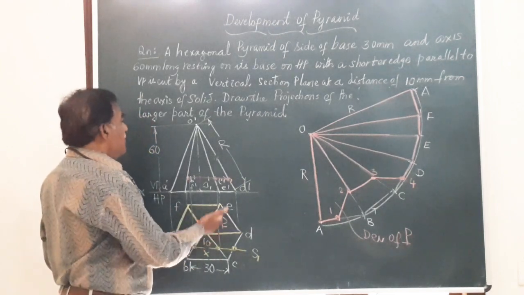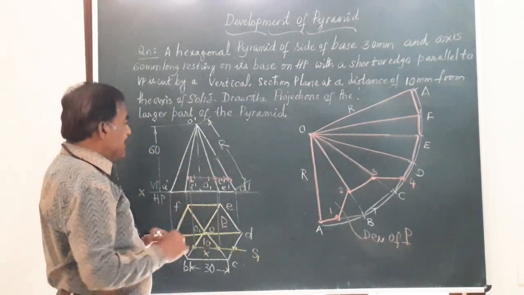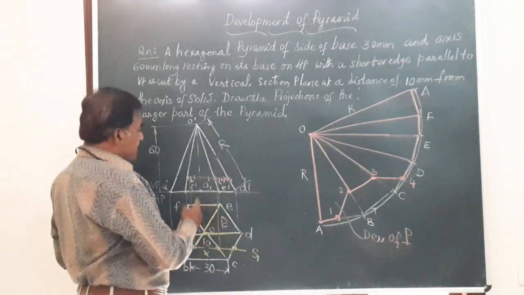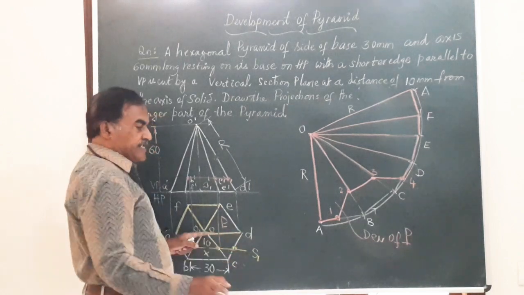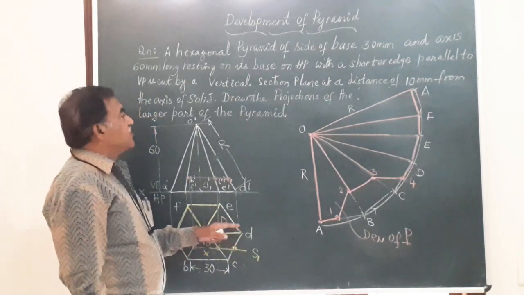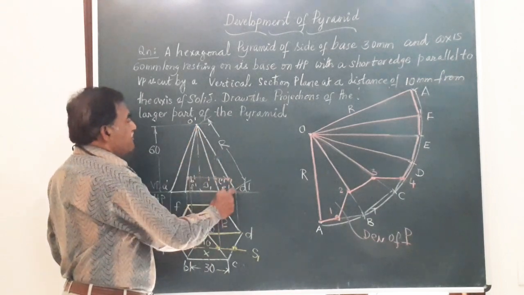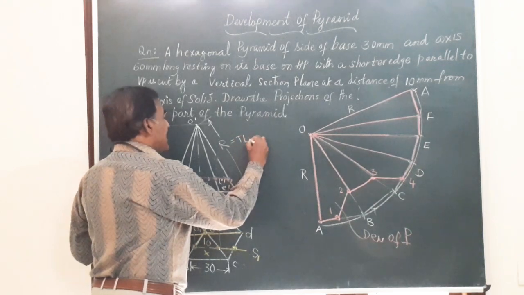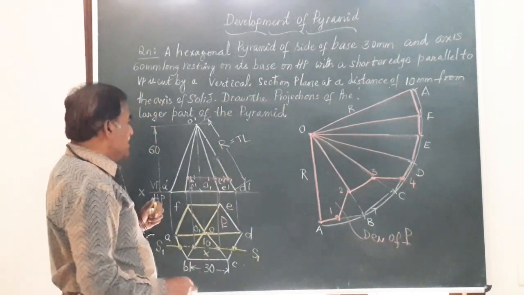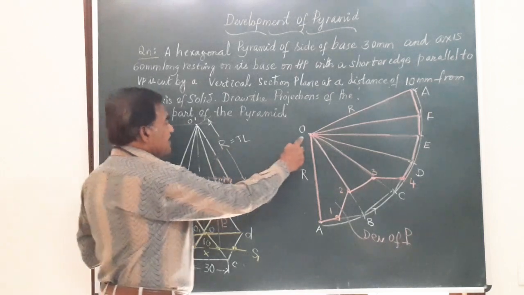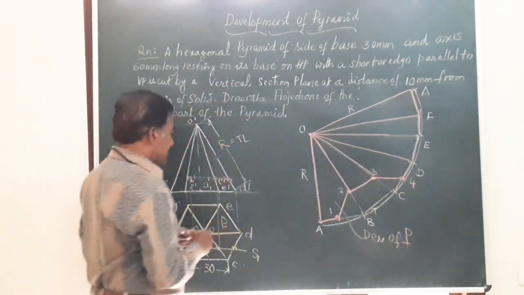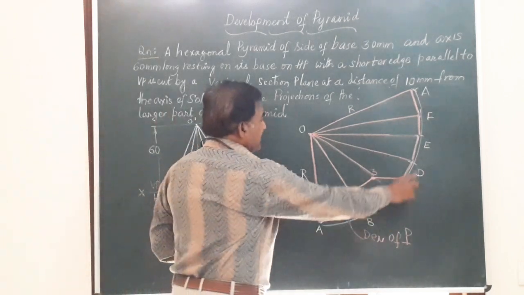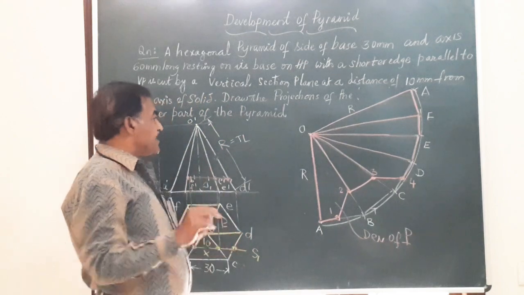I have got the top view and front view of the solid. After obtaining that, we wanted to find out the true length of the solid, and here when you observe this OD, one of the slant edges of the solid, OD is parallel to VP, and hence O dash D dash represents R. R is the true length of the slant edge. So keeping that as the radius, I have drawn this sector. On the sector, I have marked these 6 edges, AB, BC, CD, etc. Assuming it is not cut by the section plane.